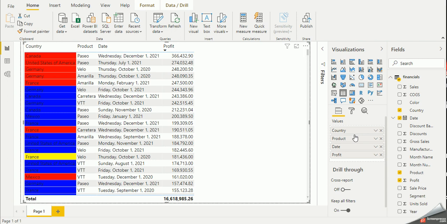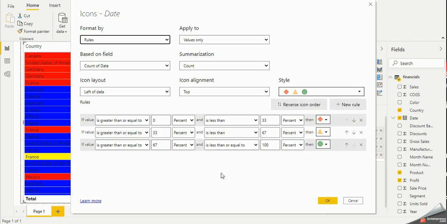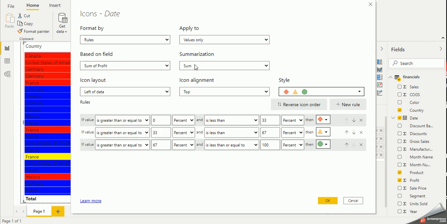So let's see how we can do it. We select the filter, and we put the conditional formatting, and you can see the icon. It is already available, so I will not do anything, but I will remember that the 0 to 33 percentage is based on the profit and the sum, and nothing top but the middle.